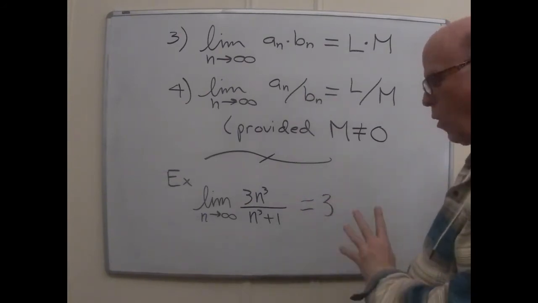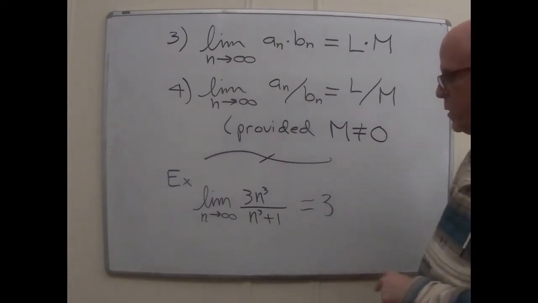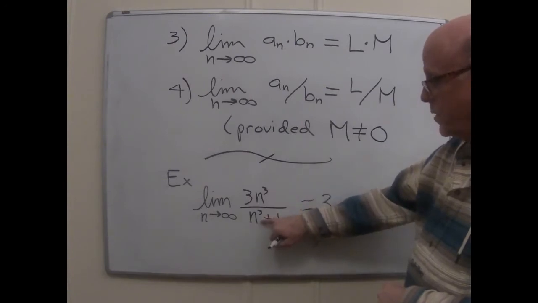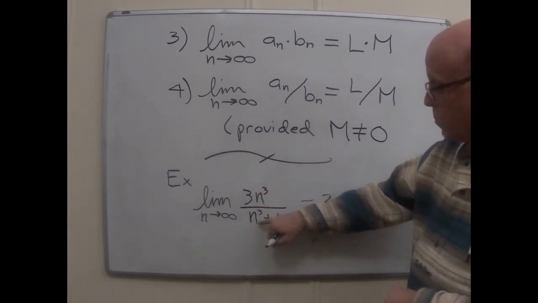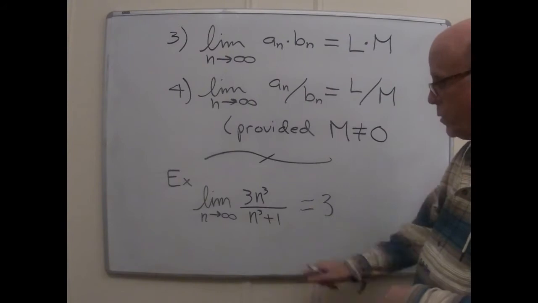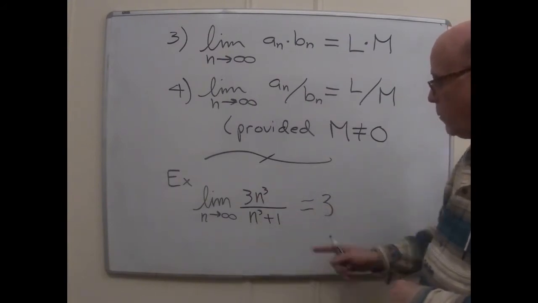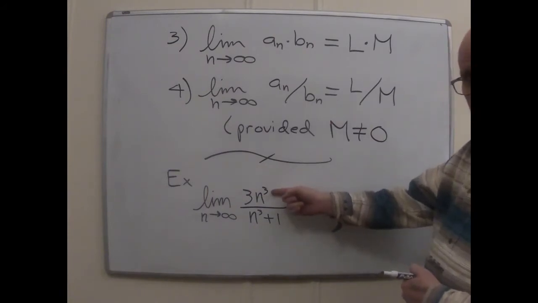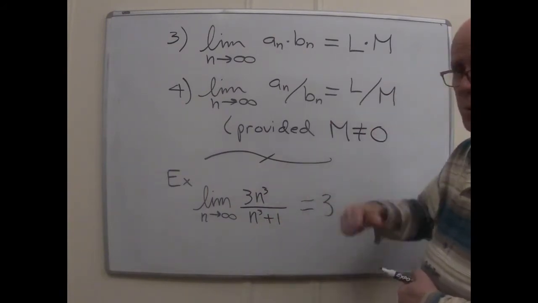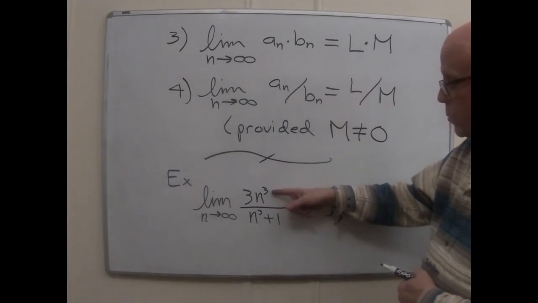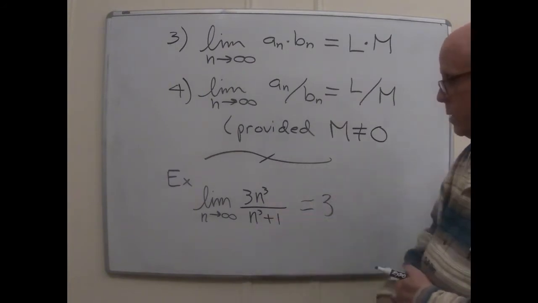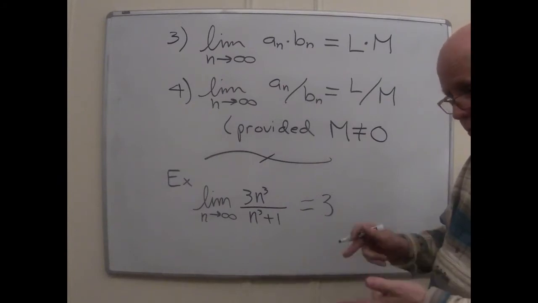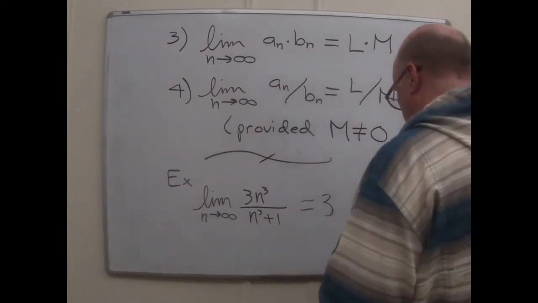You can always tell the limit of a rational function. If it's got a degree in the numerator and in the denominator that's the same, then just compare the leading coefficients. So this would be 3 over 1. Right? And so we're in that scenario where the degrees are the same. If the degree of the numerator is larger than the denominator, then it blows up to infinity. And if the degree of the numerator is smaller than the one in the denominator, then it goes to 0. So those are rules that you learned with functions. The same thing happens with